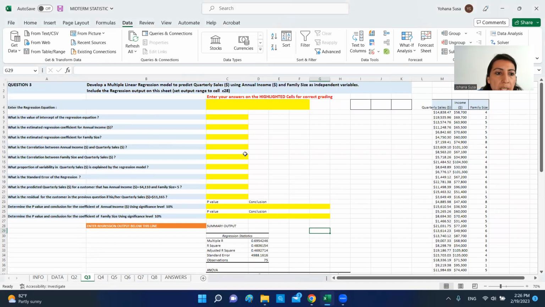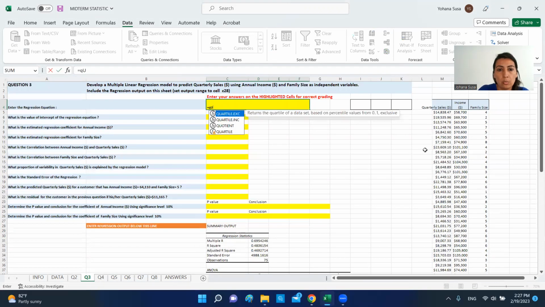The first question we get is enter the regression equation. So from math, we remember the regression model is Y, the dependent, equals the independent times a coefficient plus the intercept. In this case, we have 2 independents, so we're gonna add those 2. So quarterly sales equals annual income times the coefficient,